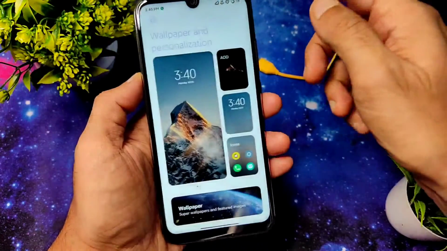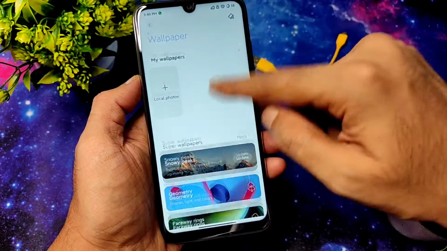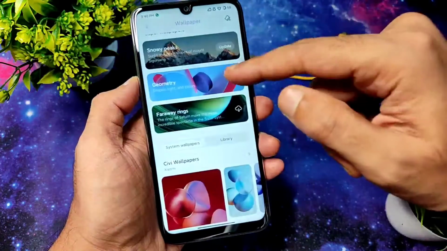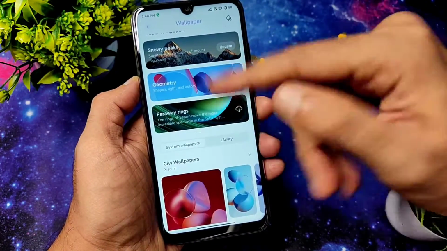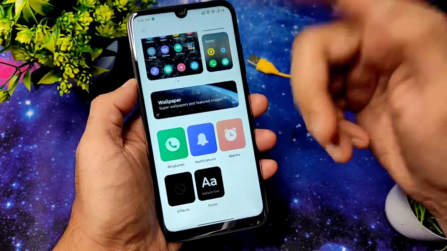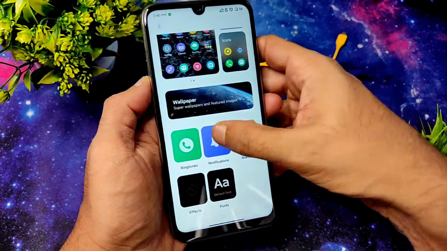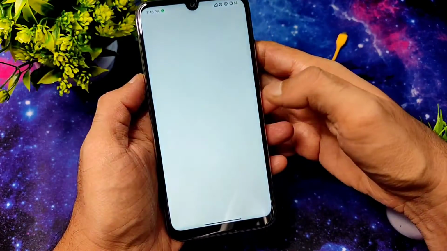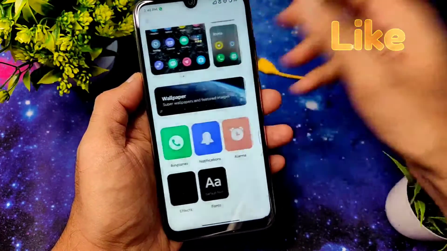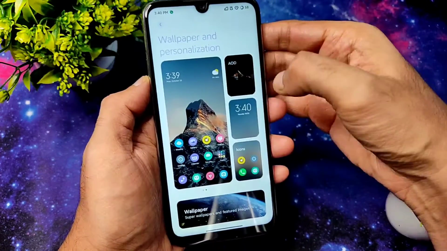Here I'll start with wallpaper and personalization. You get these kinds of wallpapers. Let me go in here. As you can see, you need to update some of them, and like that. Plenty of wallpapers are pre-installed in this ROM. MIUI wallpapers and ringtones, these things you can change from here. Notifications look like this. Alarm tones you can find from there, and even fonts you can adjust based upon your liking. And coming to always on display, which is important.